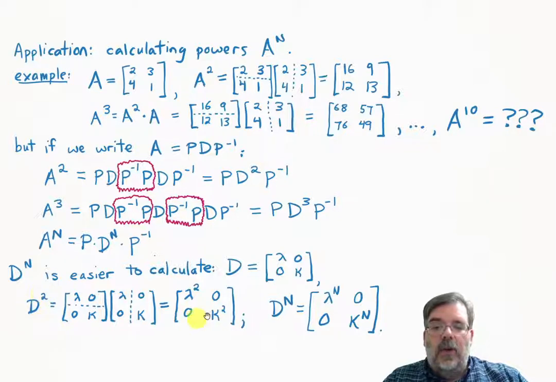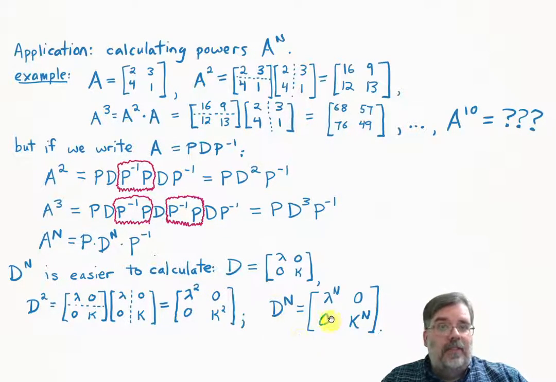Okay? D squared is equal to this. In other words, to square a diagonal matrix, you just have to square each of these entries. This is not true in general, but diagonal matrices are kind of great. In particular, calculating D to the nth power follows exactly the same pattern, just like D squared has all these zeros,